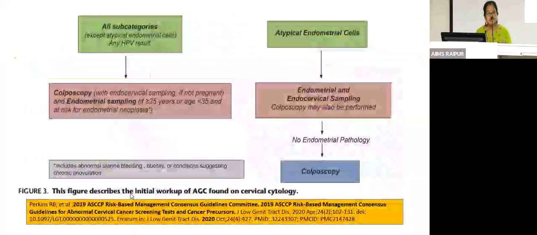Now, these are the last few slides. What do you do after you make a diagnosis of atypical glandular cell on cytology? What does the clinician do? After you've called something atypical, if it is an atypical endometrial cell, then the gynecologist has to sample the endometrium, do a biopsy. On the biopsy, if it is negative, there is no pathology, then patient has to undergo